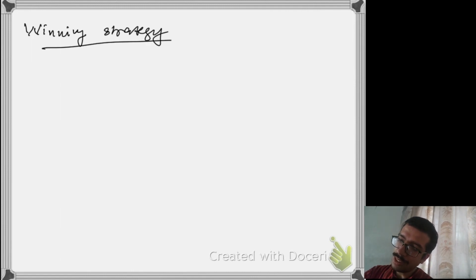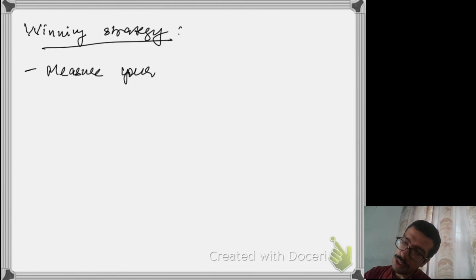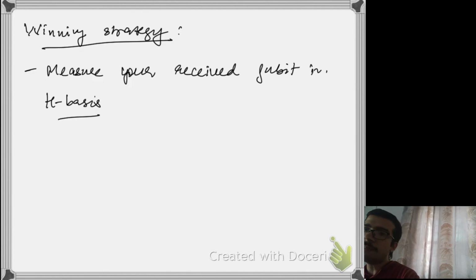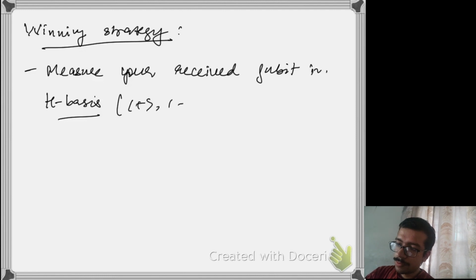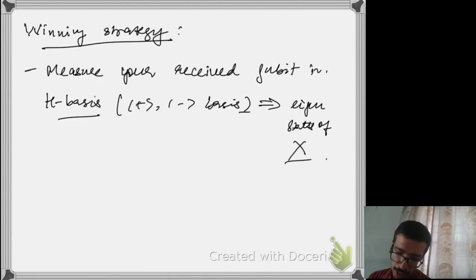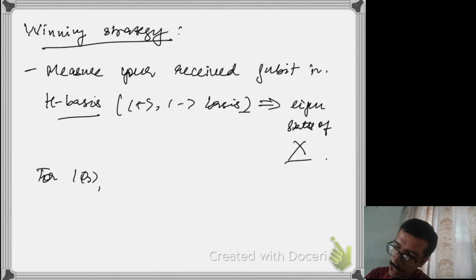And in fact, you can see that they actually don't need any entanglement at all for this, right? So the answer is: measure your received qubit in the Hadamard basis, meaning the plus-minus basis. This happens to be the eigenstates of the operator X. So for ket phi 0, we can check that minus 1 to the power